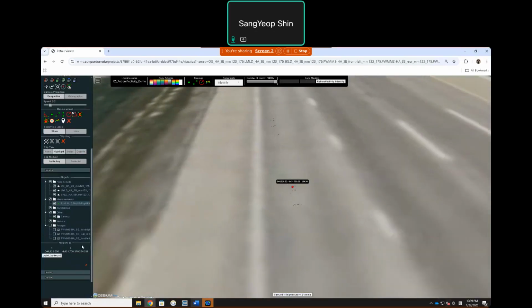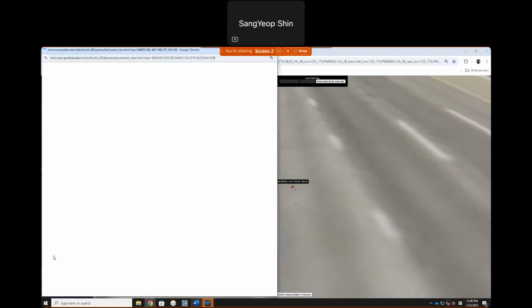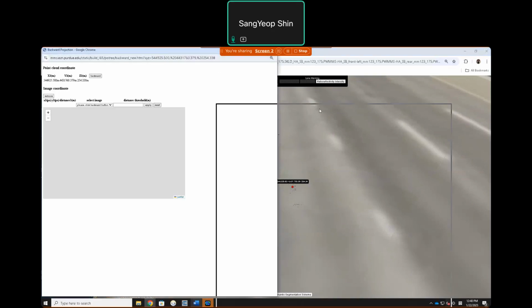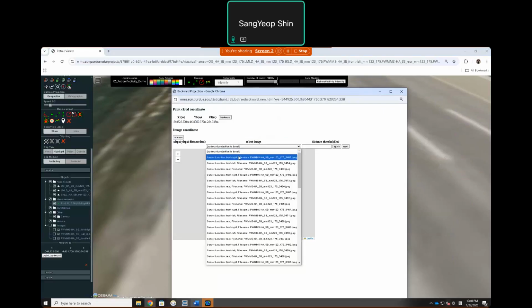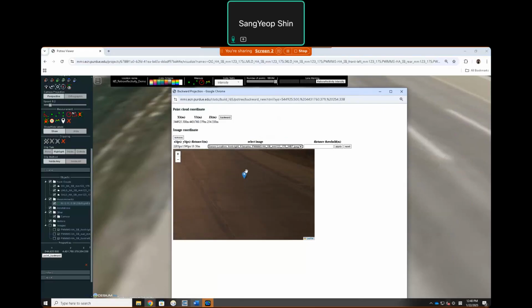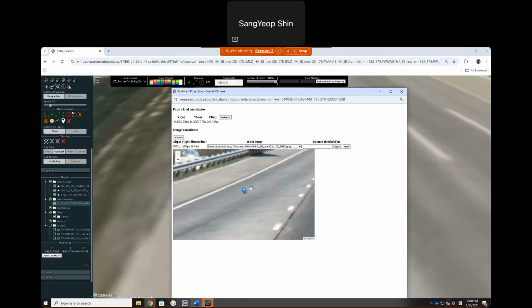Similarly, with the intensity profile visualization, you can also conduct the backward projection. I'll go ahead and click on the point backward button, and a small window will pop up. I'll perform the backward projection. And as you can see, there is some anomaly that can be a crack seal. I'll also look in the rear camera,